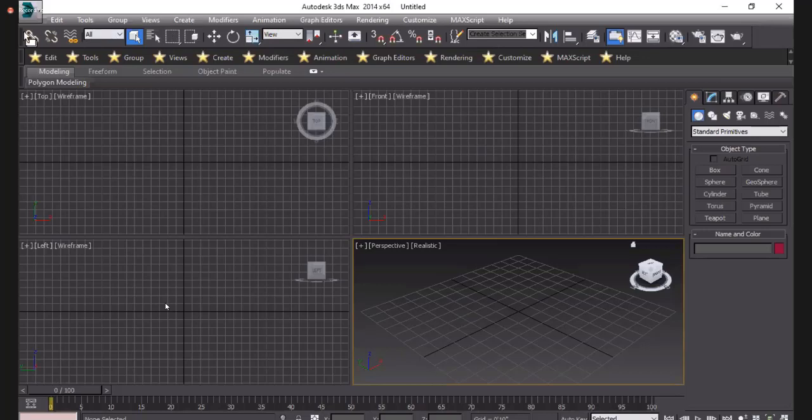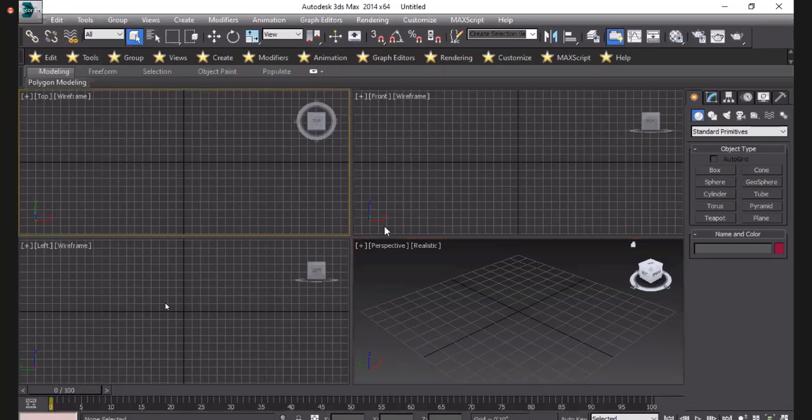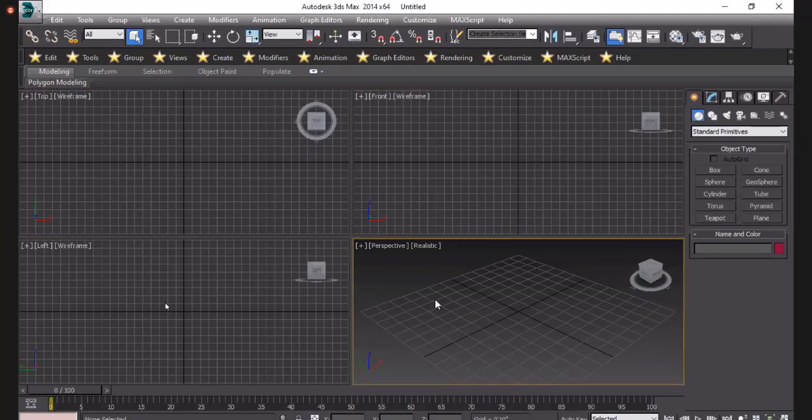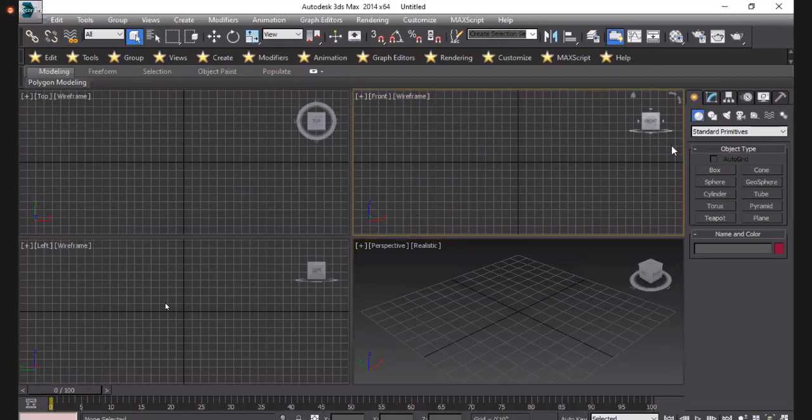It's called the main toolbar, which is used for our complex design purposes. Then we see here edit, tool and group, like the menu box. Then you will see the 4 viewports, and at the right side there is a command panel.